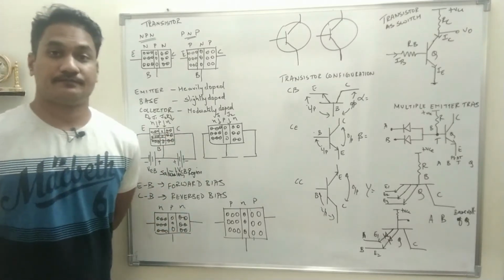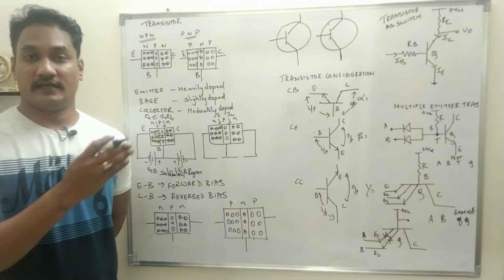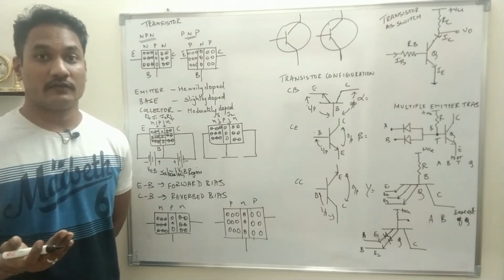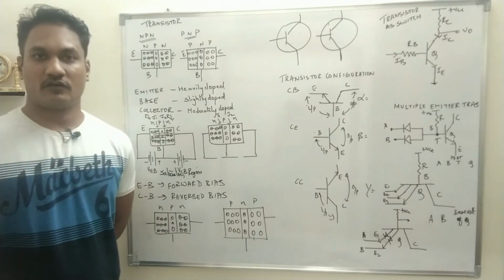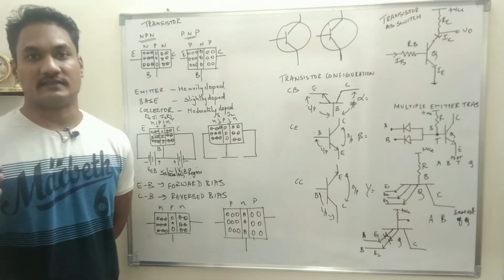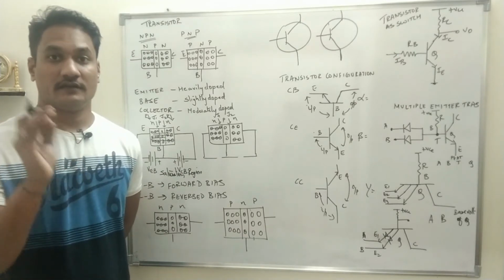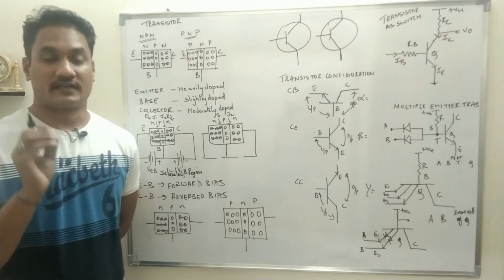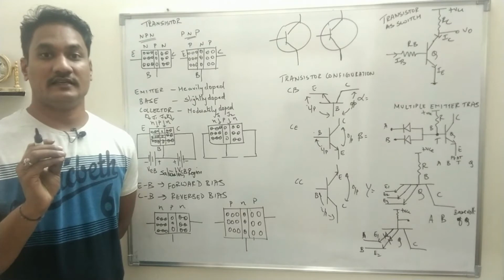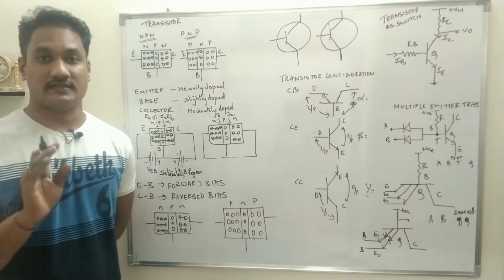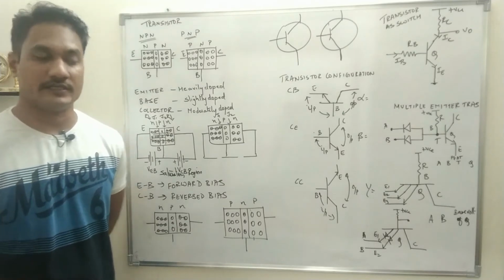Hereafter, whenever I say the transistor goes into saturation region, that means a heavy amount of current is flowing through the transistor. The transistor is working as an on switch. This has to be remembered. If the transistor is in saturation region, current easily flows through the transistor. That means the transistor acts as an on switch.